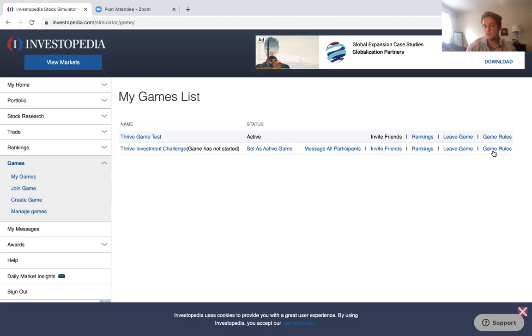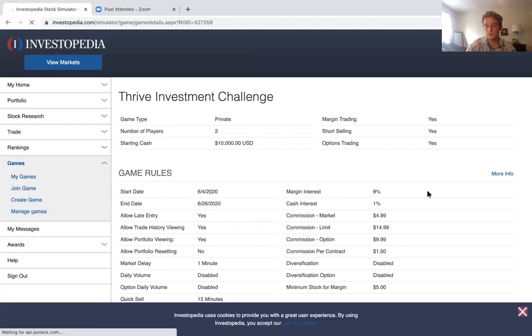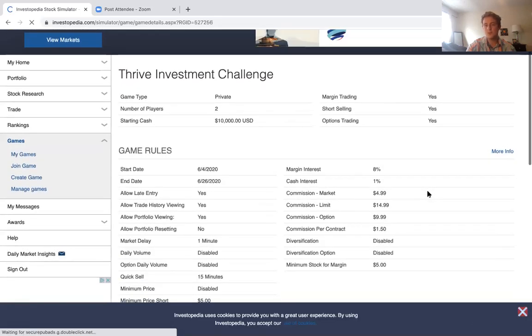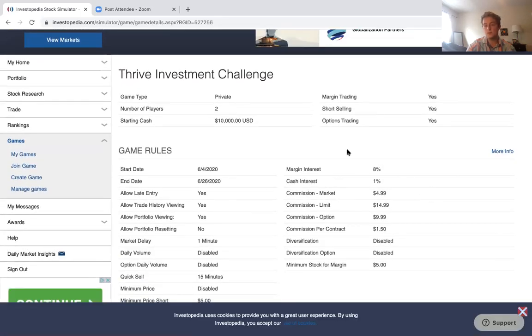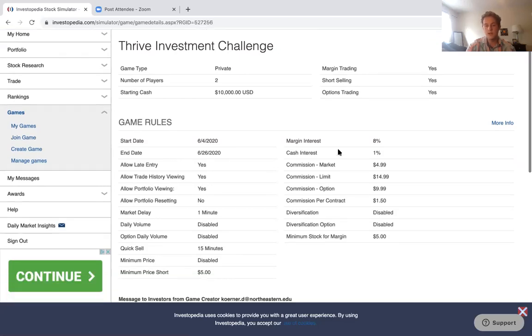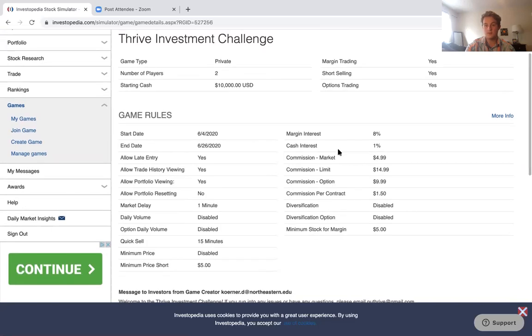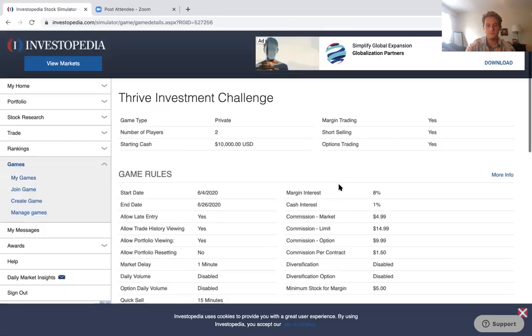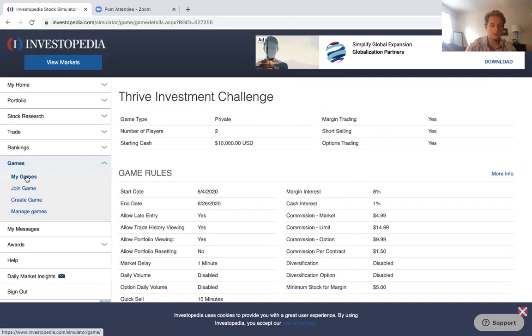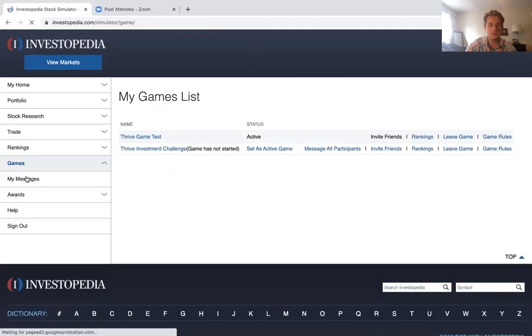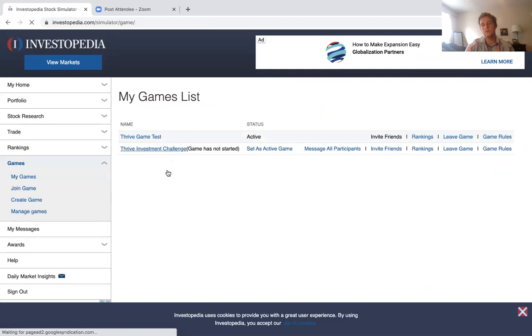And then, game rules. You can actually look at the rules that we've set up for this game. They go pretty in depth. For many of you who are just going to be doing some basic trading, a lot of this stuff won't apply to you. But if you're interested in understanding how the simulator works and how it's simulating real market conditions, feel free to go in here and see how we've set it up. And then if I go back to my games,